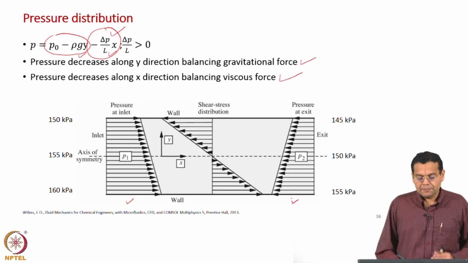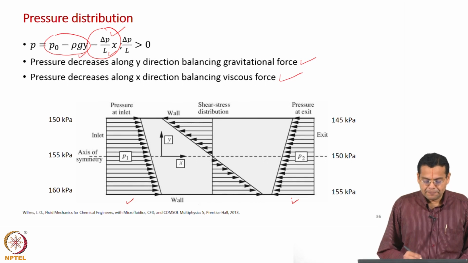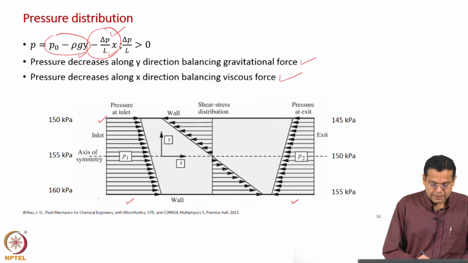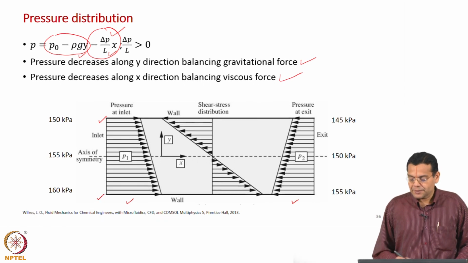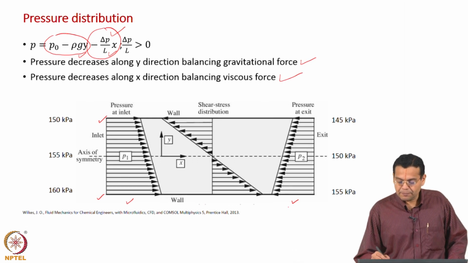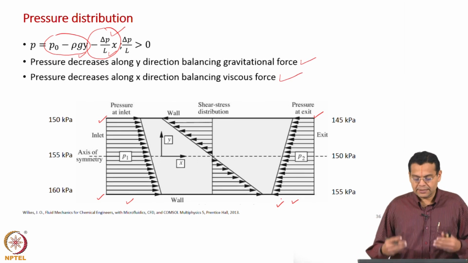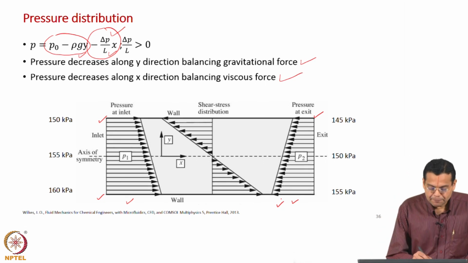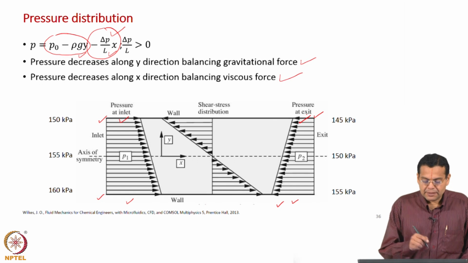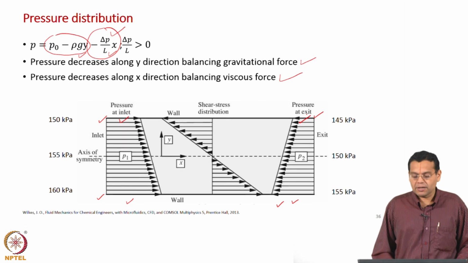Second observation, pressure increases with the depth. So, it increases as you go down the y axis, that is why pressure is low here and then high here, because it is a hydrostatic pressure distribution. Same is the case at the exit also, low here and then high here. So, in both the cases pressure increases as you go down the y axis. Now, if you look at this length and this length, the left hand side inlet has a larger length, at the exit has smaller length. What does it mean? It tells about decrease in pressure, okay.